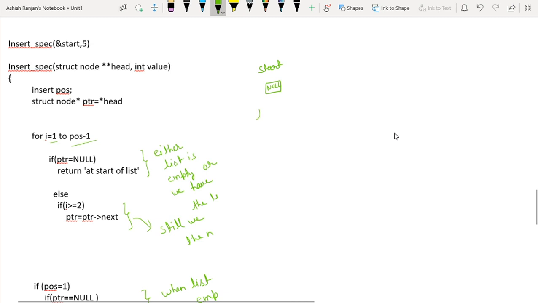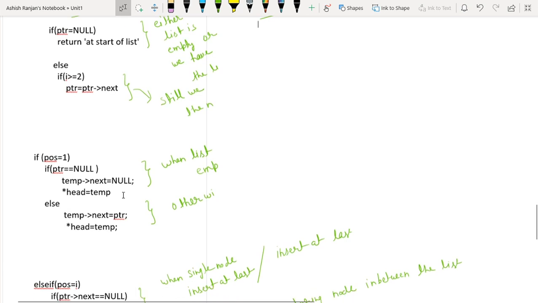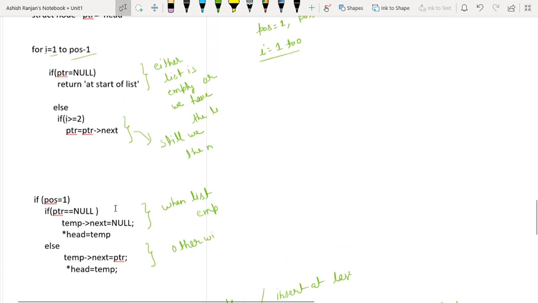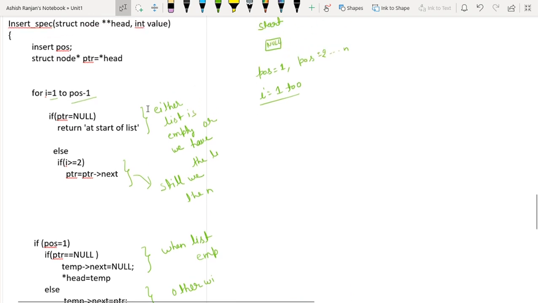I want the user to give two inputs here: pos is equal to 1 or pos equal to 2 to n. When pos is equal to 1, your for loop will run from i equal to 1 to 0, so your for loop will not run. We will come out of the for loop because the condition is false, not because of a return statement.